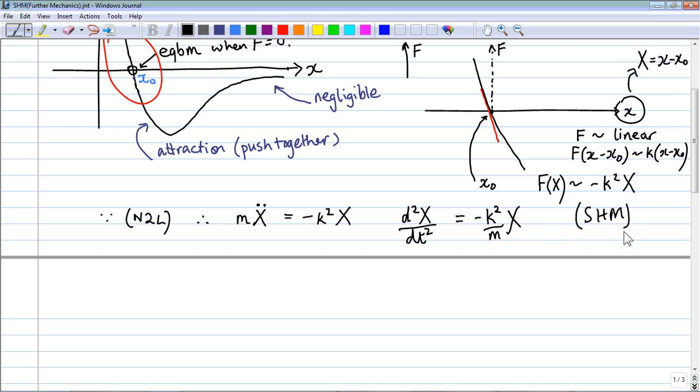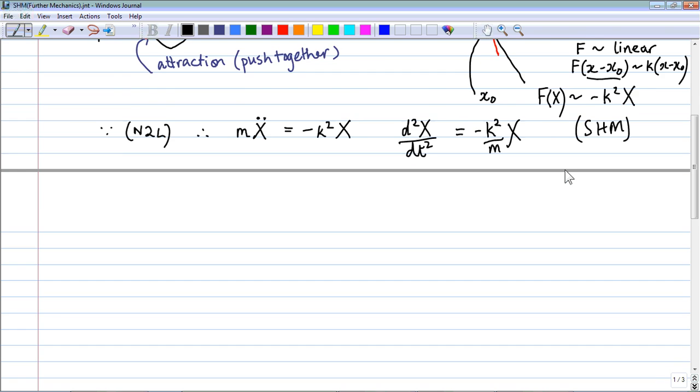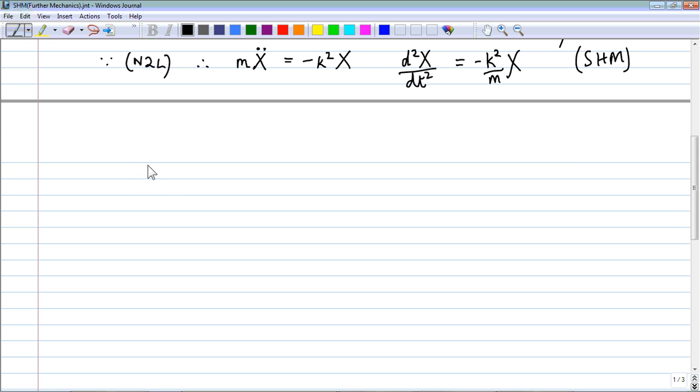It says that the second derivative of a certain displacement variable is proportional to that displacement variable, with a constant of proportionality which is negative. Okay, so we'll talk more about the constant of proportionality in a moment, but maybe I should also mention this issue about x minus x0. It's worth knowing, and this is something people maybe are not so familiar with, that if we make a change of variable, so we start off with the displacement variable x like this, and we change it to another variable,